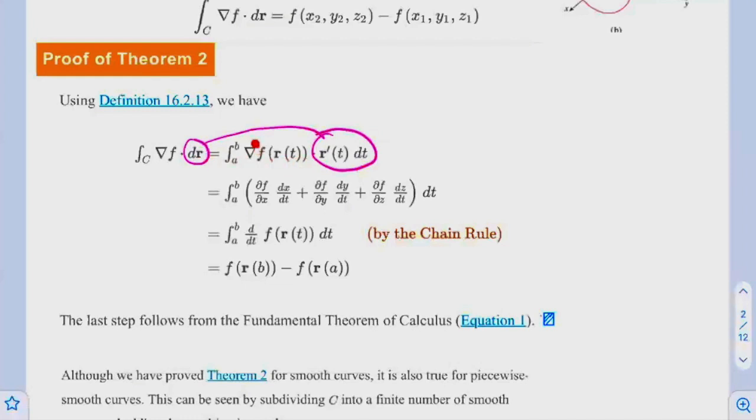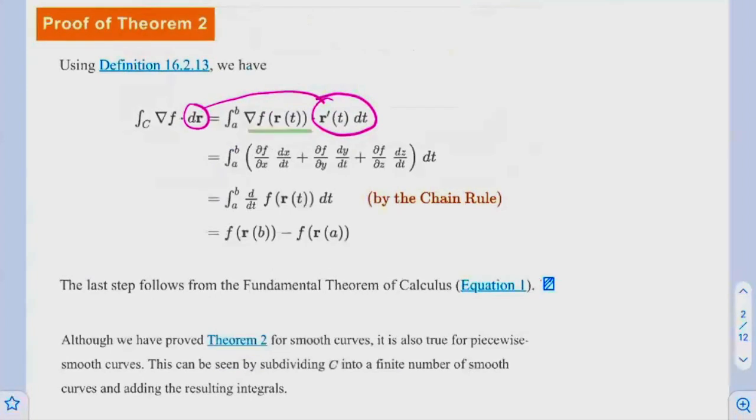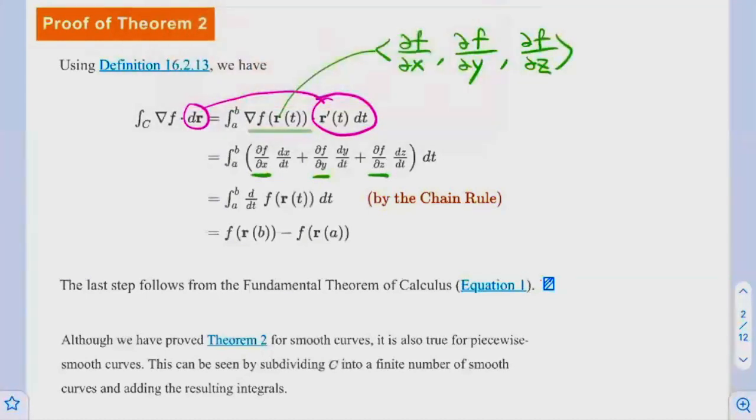Okay, so the gradient factor here, you want to express this as a function of t, and this is also a function of t. So the gradient of the function is basically just this one, this, and this. That one is going to be the partial derivative with respect to x, partial derivative with respect to y, partial derivative with respect to z, has 3 components. Now remember, this is the dot product. When we dot it with r prime, so what's r prime? R prime of t